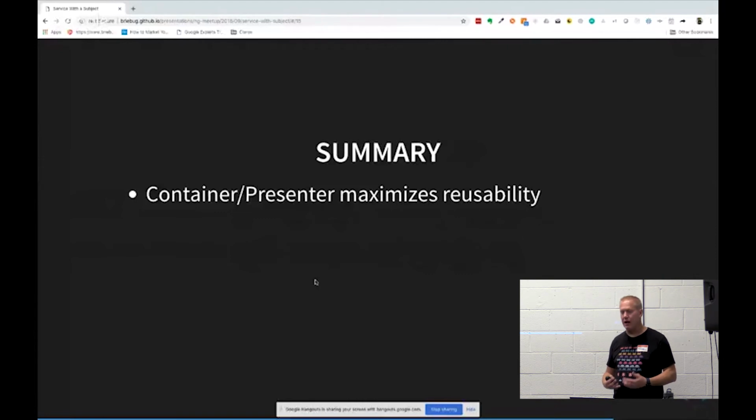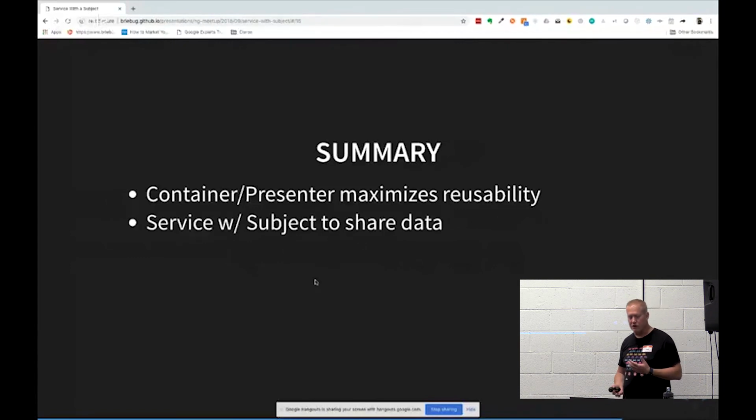This is a really easy concept to use, but it's one that escapes us in the Angular world, and I'd really like to see more people using it. So the other part here is service with a subject to share data. Notice how easy it is to share data, and you could have multiple different containers on different pages. Let's say you load your permissions in once, or you load your roles in once on your auth service. You don't have to, you can reuse those from container to container to container.